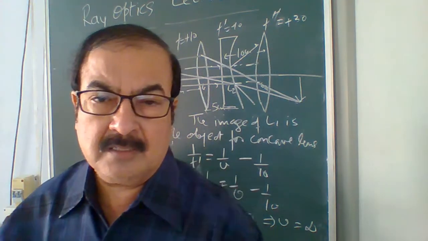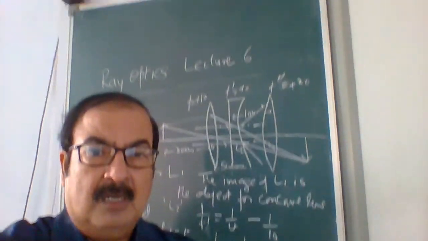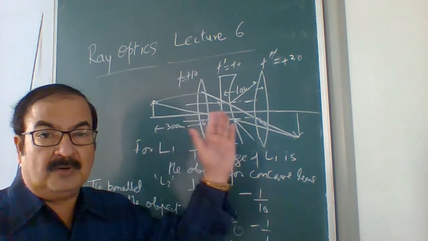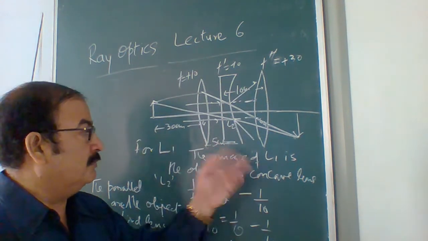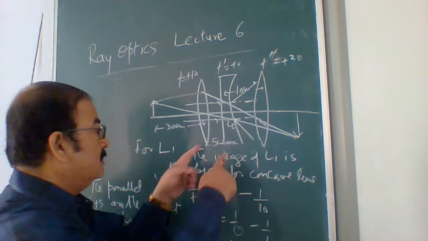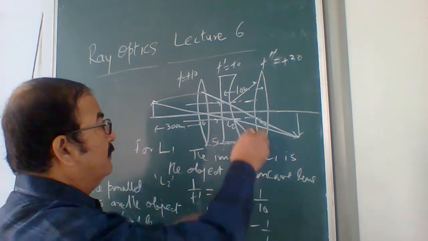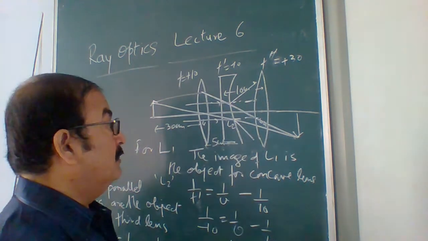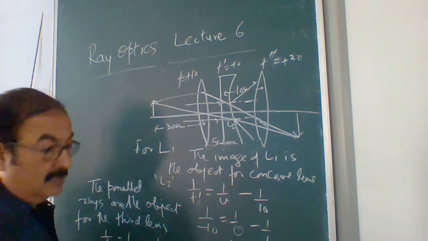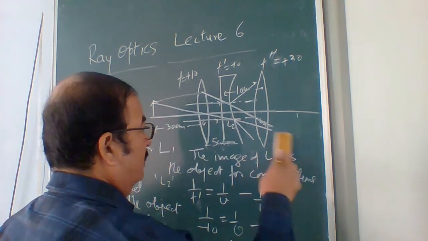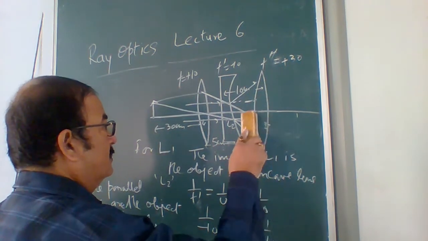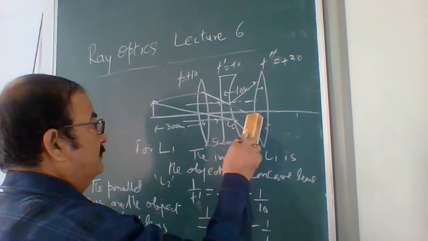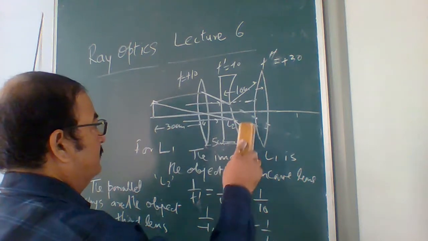If you have to follow such type of things in any question, you will not hesitate to solve. First we take the first lens. We take the image due to this lens, and it comes out to be around 15 centimeter. And this is your 5 and this is your 10. And naturally 15 means at this end the image is formed, and that image, remember, this is not a regular diagram, but you can just assume that according to the calculation that image has to be formed exactly at this distance.